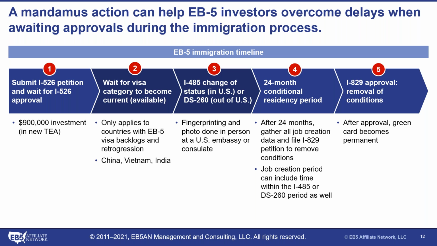So what we have done is file these mandamus complaints to get the attention of the agency, of USCIS. And in a nutshell, the way it works is once we file the complaint and serve it, the agency and the other defendants whom and which we sue have 60 days under the applicable rules to file an answer to the complaint or a motion to dismiss it. But long before that, an assistant U.S. attorney, which is an attorney for the federal government, will appear in the case and we will start a dialogue. And that dialogue often goes along the following lines.